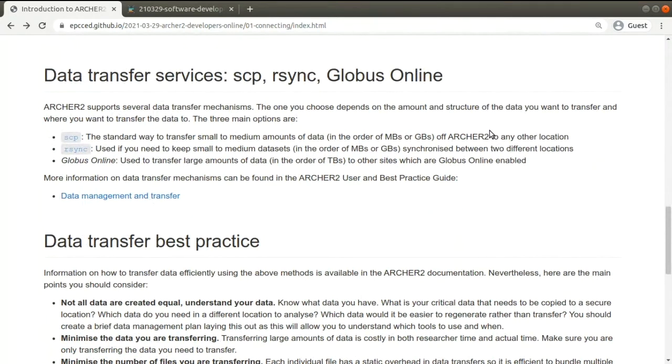Next we have the data transfer services, that is SCP, rsync. Also, you can use Globus Online. Personally, I never use it, but other colleagues of mine have done that. Normally, what I use when I need to transfer data from my laptop to ARCHER2, or the other way around, is SCP. For example, if it's only a file, I use SCP, and if it's more than one file, or if you have a directory,